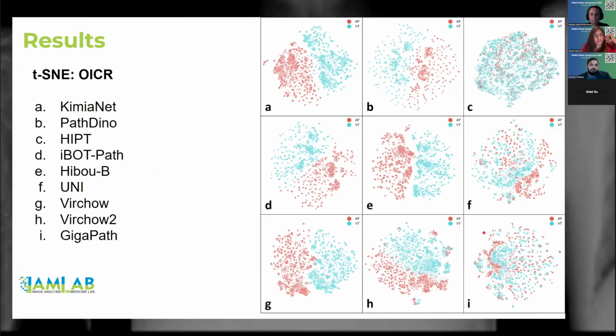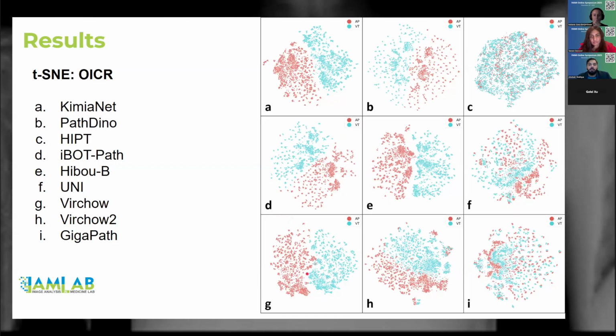We can also visualize the embeddings in 2D space based on the t-SNE plots. As we can see, all these are the corresponding patches from two different scanners, but we can still see a clear differentiation between the scanners for each model. Here we can see that the features are jumbled up. That means the model is considering them as one cluster, but in most of the models we can see there is a clear difference. Here we have mixed signals again for GigaPath, and for UNI we have clear mixed signals, but in some other cases we have a clear distinction.